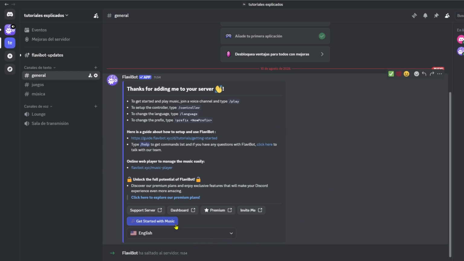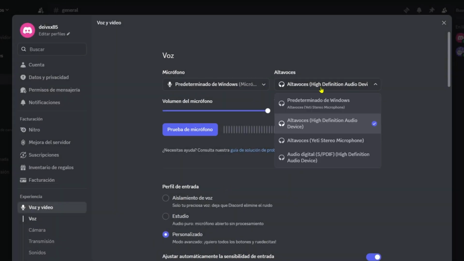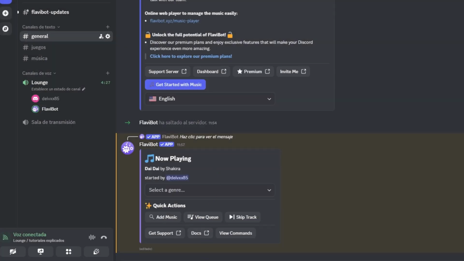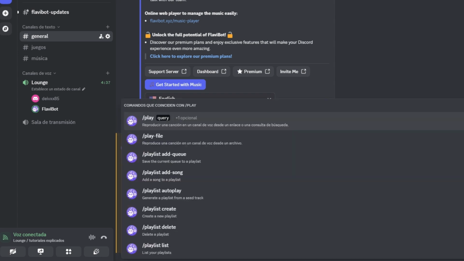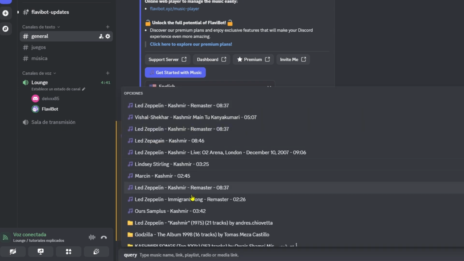Using its different commands, we can also pause the music, resume playback, skip to the next song, check the playback queue, or stop the music completely, depending on the features available in the version we're using. We can also add multiple songs to create a queue and let Flavibot play them automatically, one after another. This can be especially useful when using Discord to play games, talk with friends, or simply listen to music while